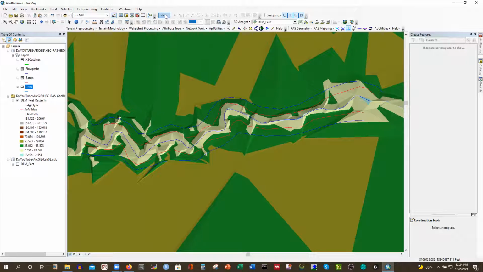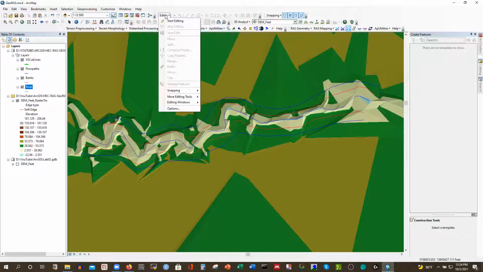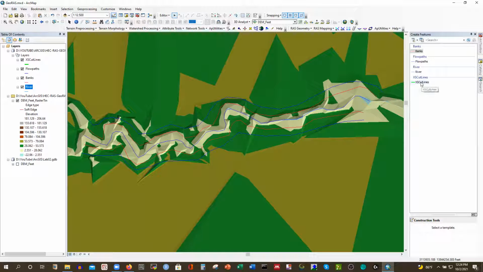So we have to do the same thing if you do the manual way, and after that I'll show you the automatic way. And here, start editing. This time I'm gonna click on cross-section axis cut line, and then you have to remember that everything should be from left to right, from left bank to right bank, and cross section should be perpendicular to the main channel. So this is the left bank, and it should cross every line. Okay, every line. So here from left to right, double click, finish, and then from left to right,